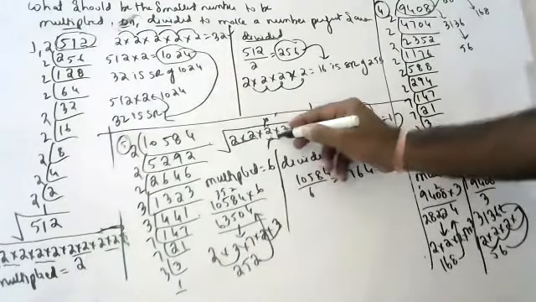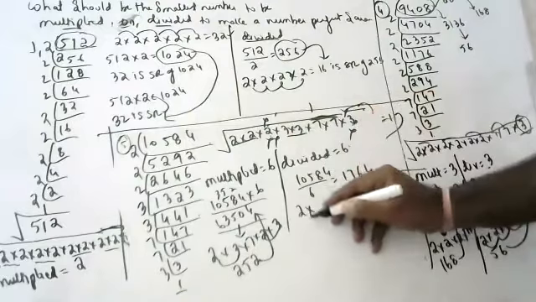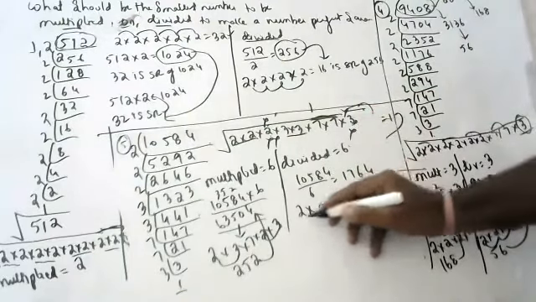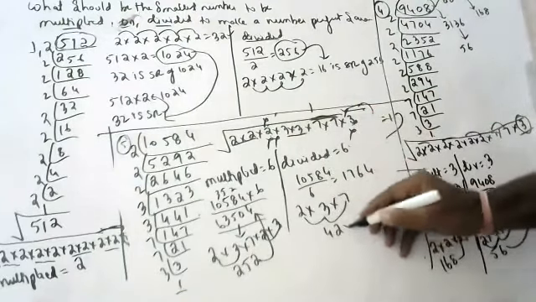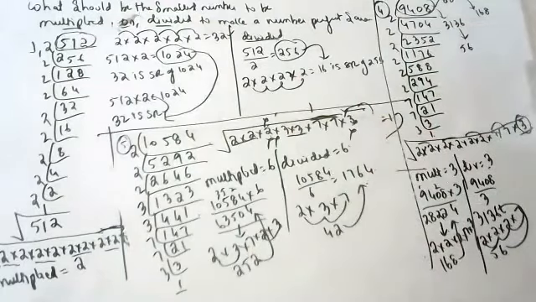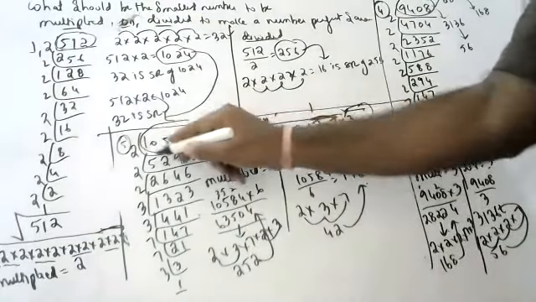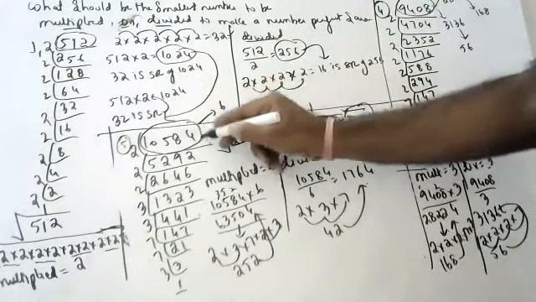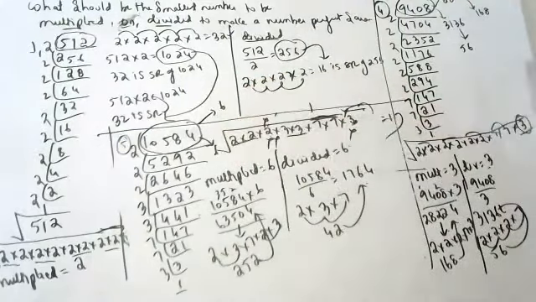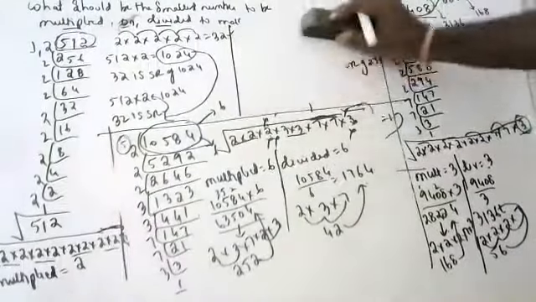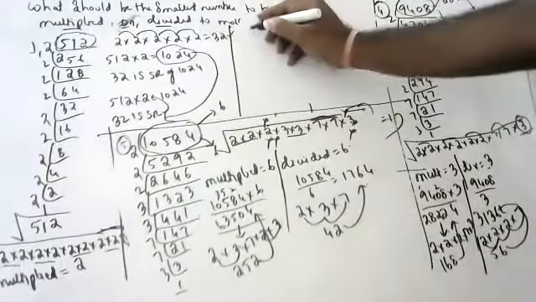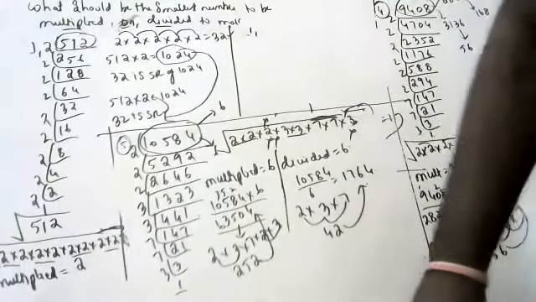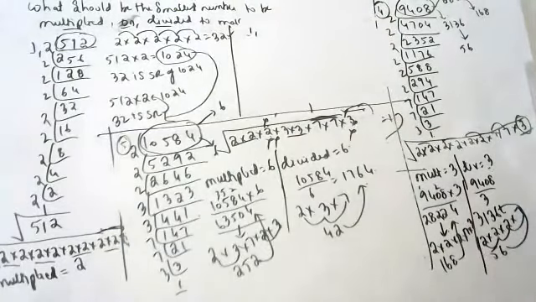And remove one 2 and one 3. What is left over? 2 into 3 into 7. 2 3s are 6, 6 7s are 42. 42 is the square root of 1764. But 10584 does not have a square root. Either you should multiply with 6 or divide by 6, then it will become a perfect square. If you want to practice on your own, some numericals I will give, children. Please copy them and practice them, and show them to me, children.